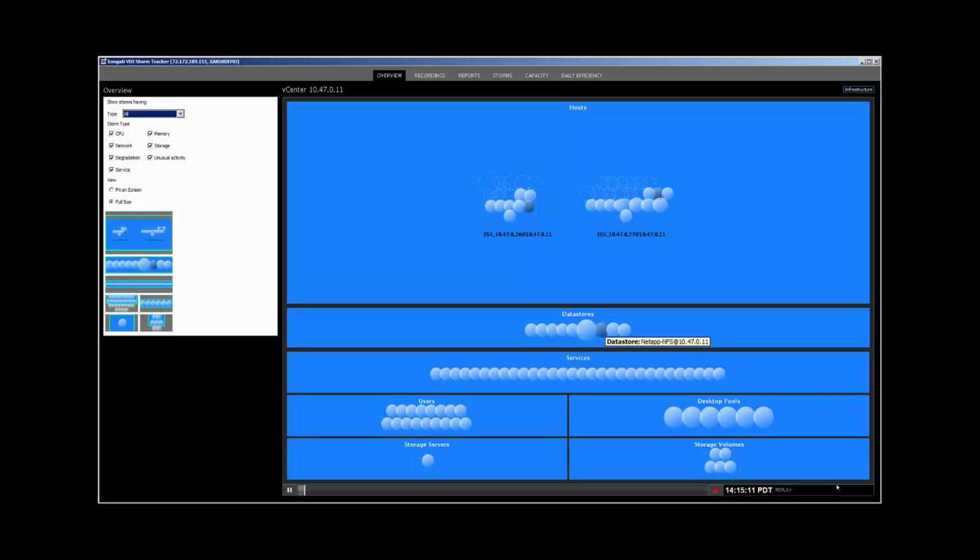store. Now I've hovered over this gray circle on the data store to show that the issue is occurring on a data store whose name is NetApp-NFS, and that is being managed by a vCenter that's sitting out at 10.47.0.11. So we're interested in this NetApp NFS data store and what is the nature of the storm that is going